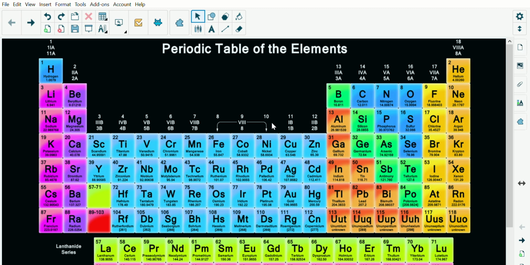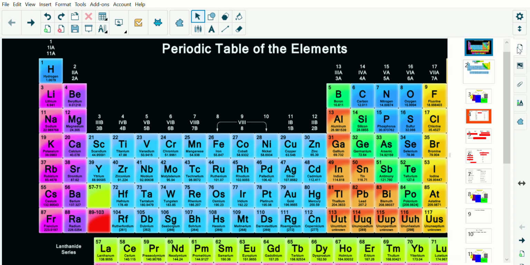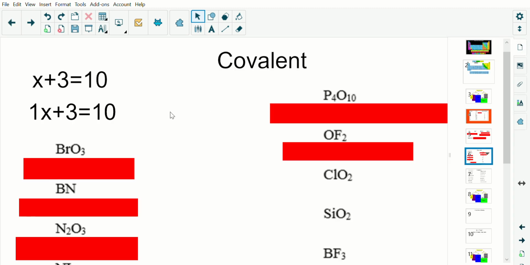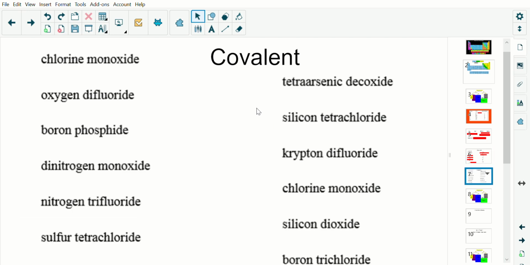This will be a series of 5 videos, of which this is the first, where we are going to be going over how to go through chemical naming. What do I mean by that? First off, if you are given a formula, like some of these right here that we will go over soon, can you tell me the name of these chemicals by looking at them? And vice versa, if I give you the name, and we'll go over some of these as well, can you